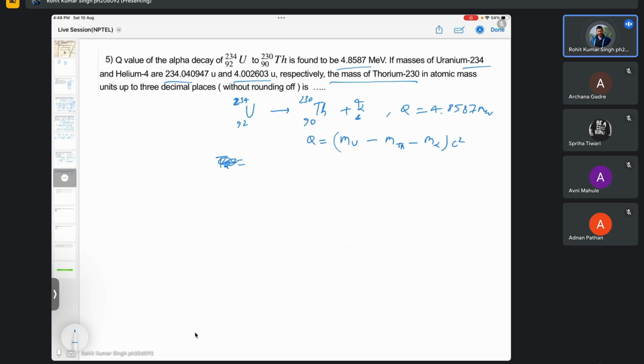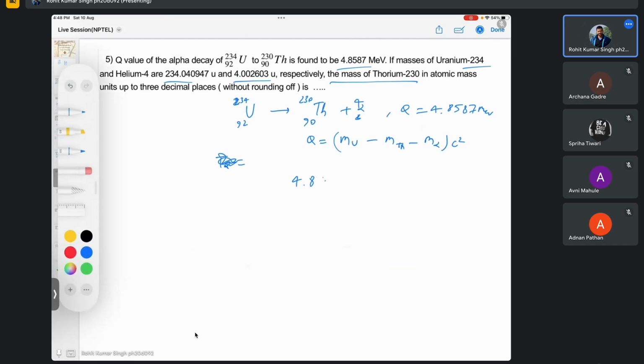The Q value is given in MeV, so you again convert these masses into MeV, because these are given in atomic mass units. So I'll just write it out. This will be 234.04 into 931.5 MeV minus